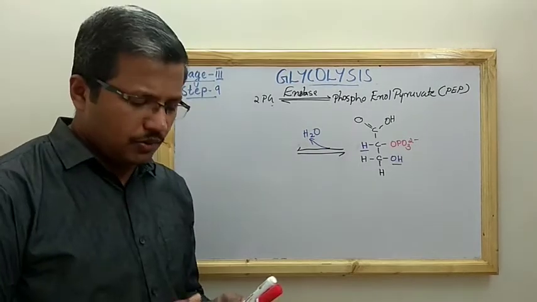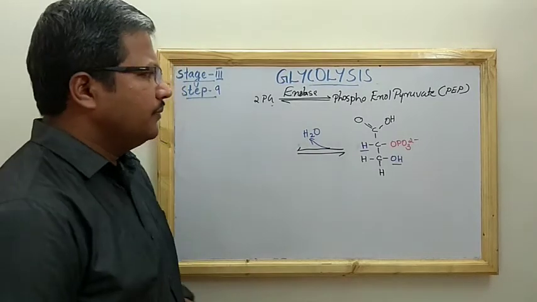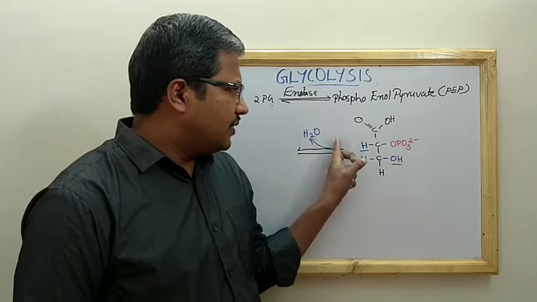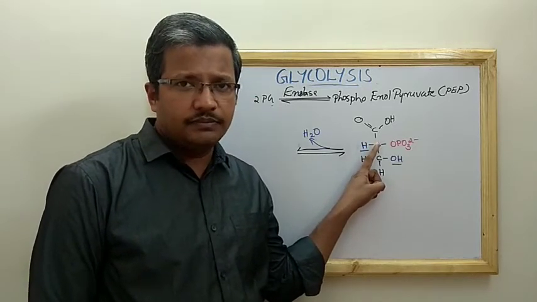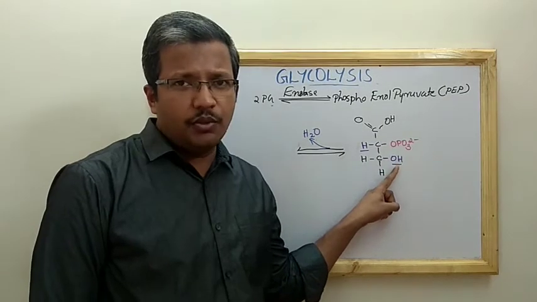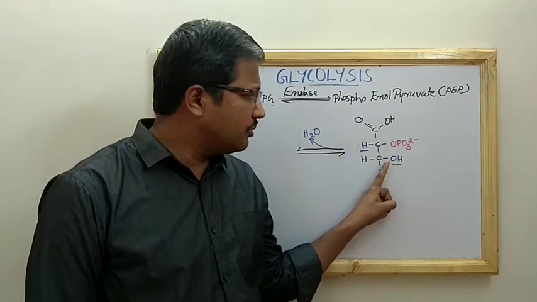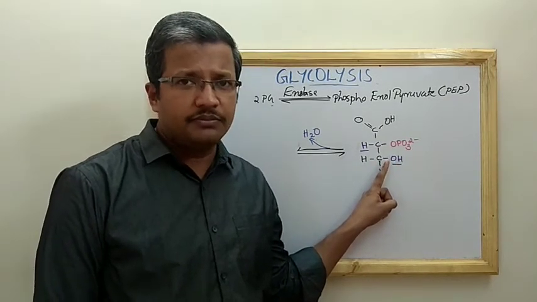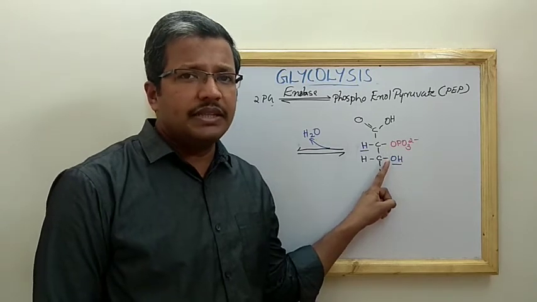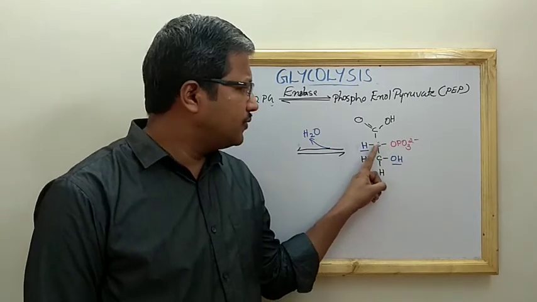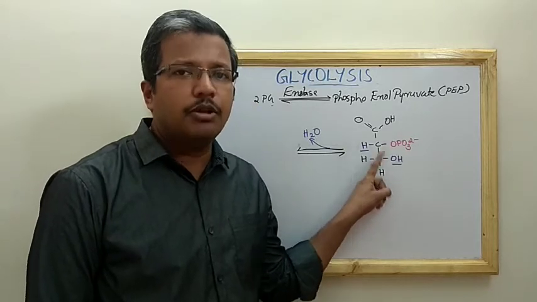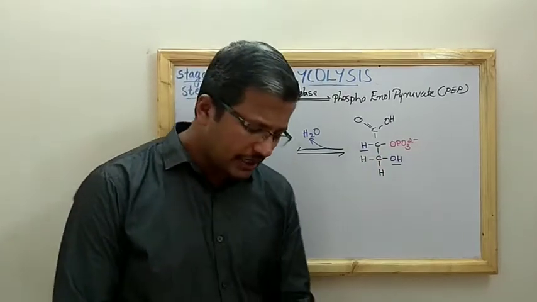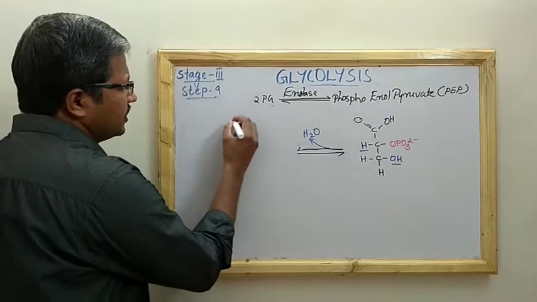H2O is going out. Now what is left there? If this hydrogen is removed, this carbon will have a free valency. If this OH is removed, this carbon also will have a free valency. As a result, this valency will be shared between the 2nd and 3rd carbon, and as a result a double bond is inserted. So we can see the structure like this: